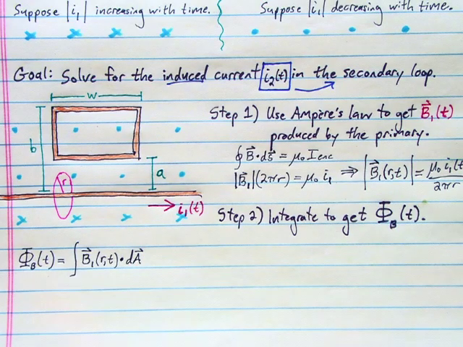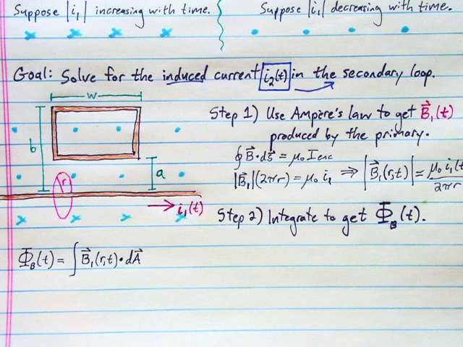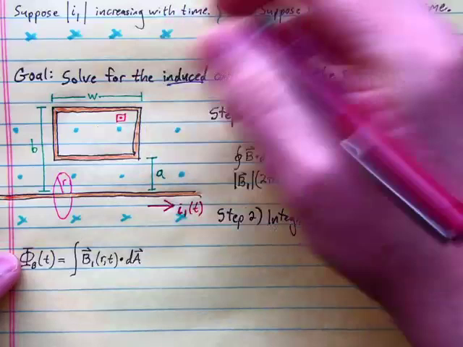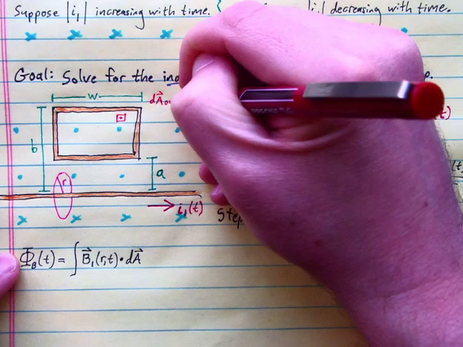Okay, so we have to pick a direction for our dAs. Let's make the dAs point outwards so they're parallel to B1. So we'll have little patches of surface area, little dAs pointing out